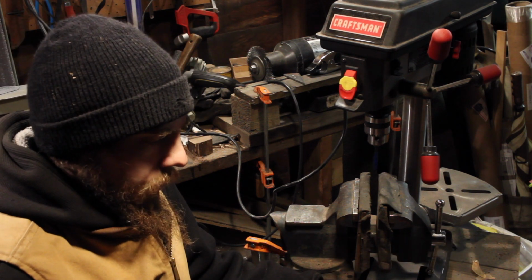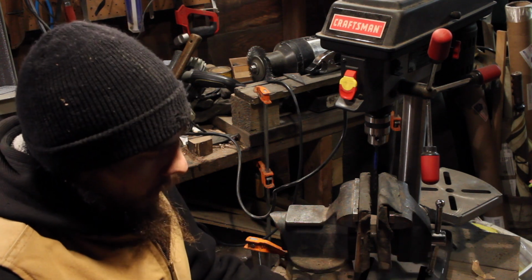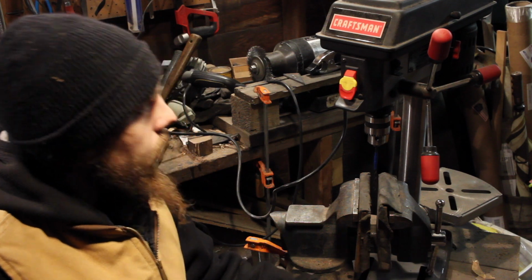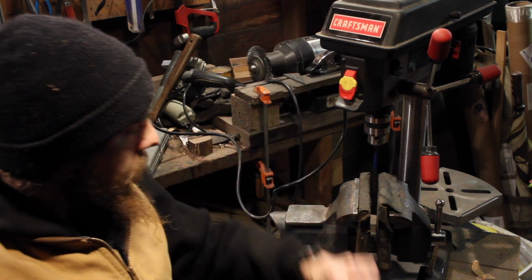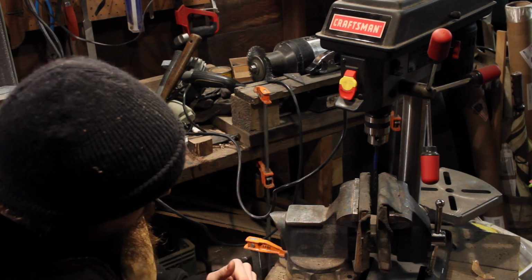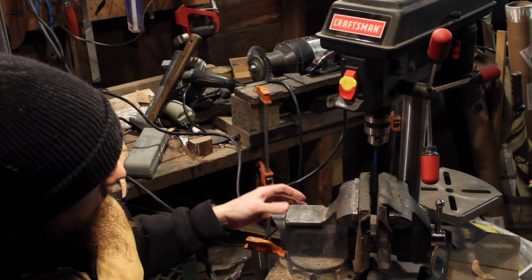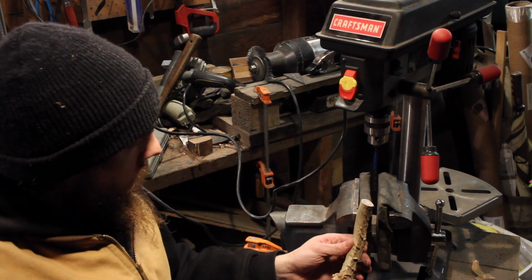So now we got to go through and drill out the top of the antler. I've done this in the past just with my hand drill with pretty good success. One of my new tools that I've got here is a drill press. This is probably your first time seeing this in use on camera, and I've kind of got it jury rigged up here to hold the antler here. So I got the bench vise clamped down,